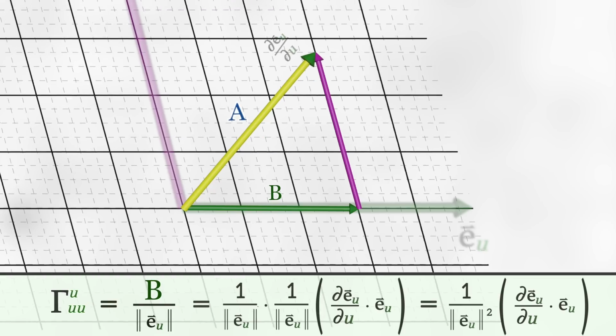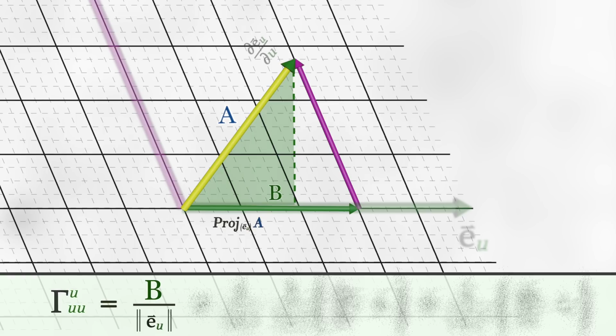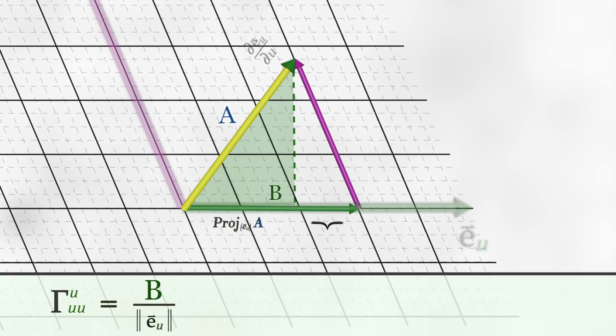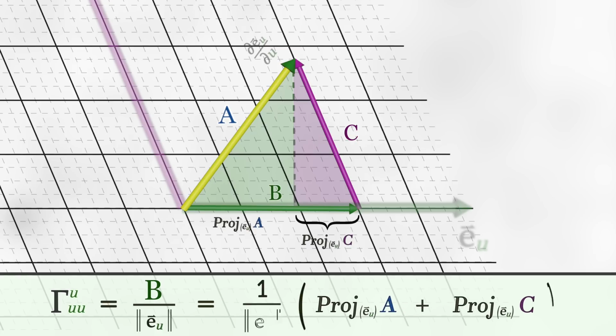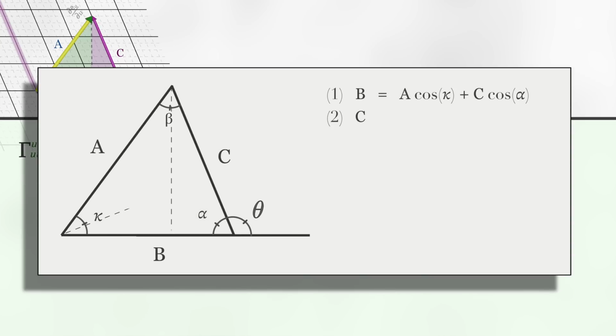However, if the bases are not perpendicular, then the projection of dEu/du along the Eu direction does not give the full correct length of b, as there's still some extra length due to the skewing of the bases. This extra length is the projection of the v component, which we'll label as c, onto the Eu basis. The value of the Christoffel symbol can thus be written as the projection of a onto Eu plus the projection of c onto Eu, over the magnitude of the Eu basis vector. Now we want this equation solely in terms of the projections of a. So after exploiting some trigonometric properties of our triangle,